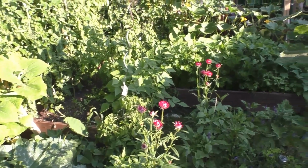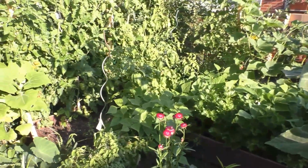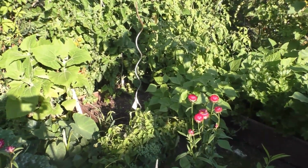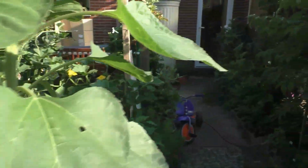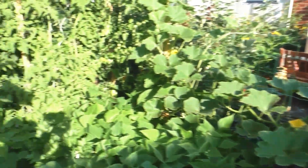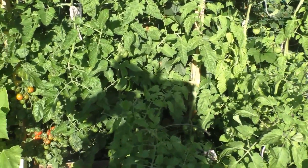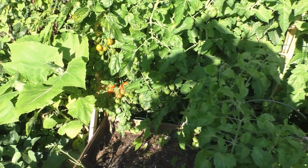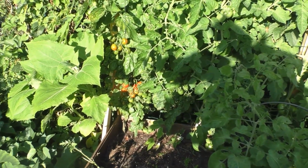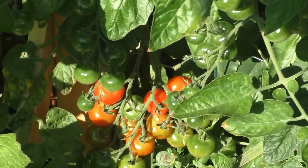Here I have two raised beds that were connected. And I have here tomatoes, bush beans, and yacons, and basil, and squash. There are lots of things growing in these raised beds. And now let's start to identify